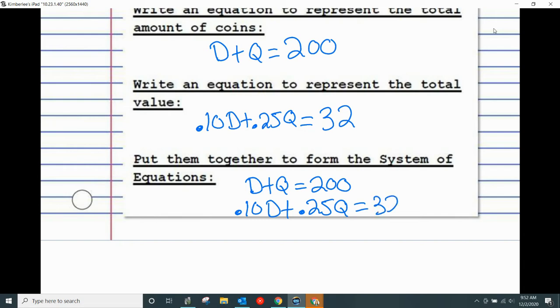Notice that we're not asked to solve anything here. We're simply writing them from the problems. We're going to come back tomorrow and write them and solve them. But for today, I've just been asked to write them down. I just want to be able to take the verbal description of the situation and write it in equation form. So we're going to practice this some more